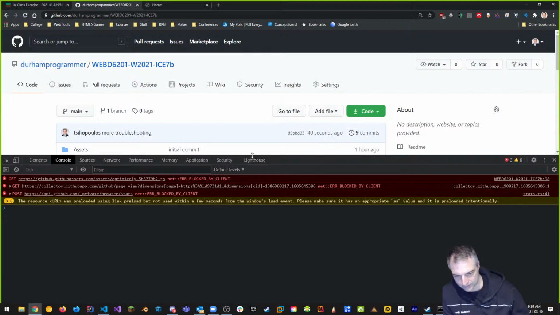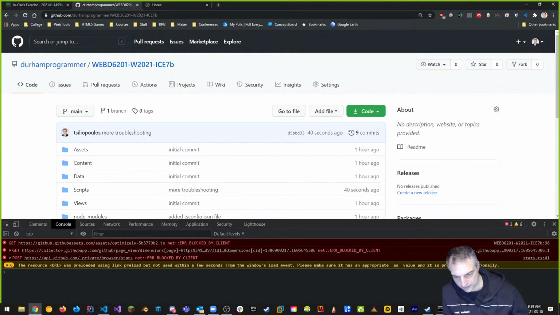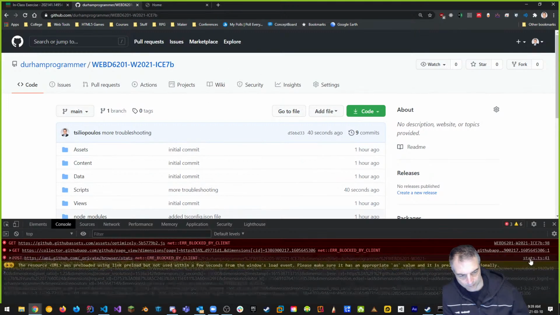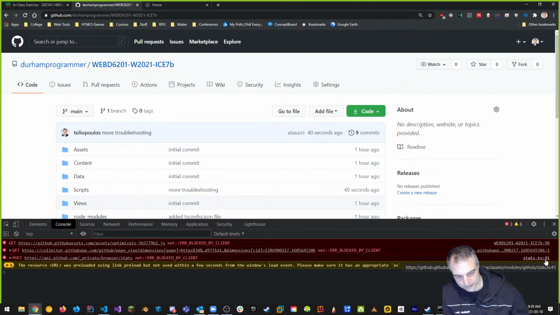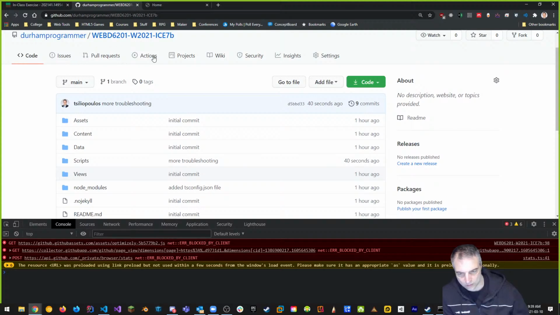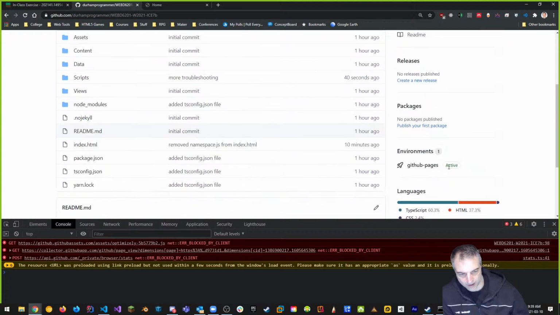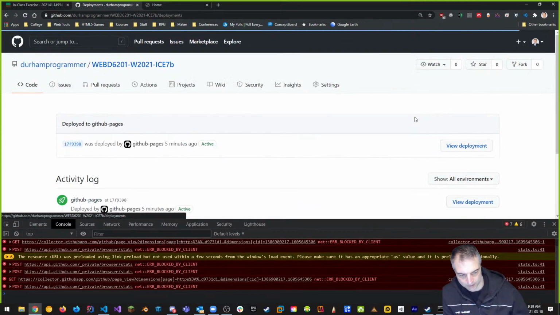Here's some console commands from Optimizely, it says, and it's blocked. Our stats, this is from GitHub. Give me a couple of errors, stats.ts. Notice that TS is there, and I didn't do anything there. Okay, cool, I like it, and I have my active deployment.